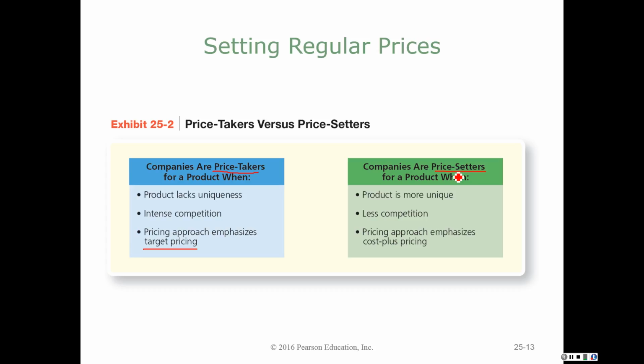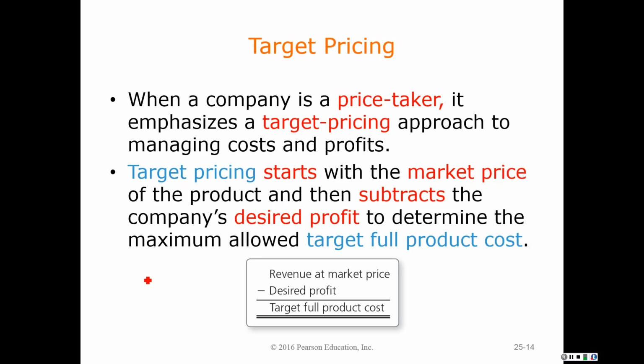But what if we were a price setter? Now we have a unique product. We have less competition. So what if we're a pharmaceutical organization with a patent on a specific cancer-saving drug? In this situation, we have a very unique product, and at least while the patent is in place, we have very little, if any, competition. The pharmaceutical company can almost set whatever price they would like for that particular product. So in this situation, we're looking at a cost plus pricing approach. And we'll look at both of these in a little more detail as we move through these slides,